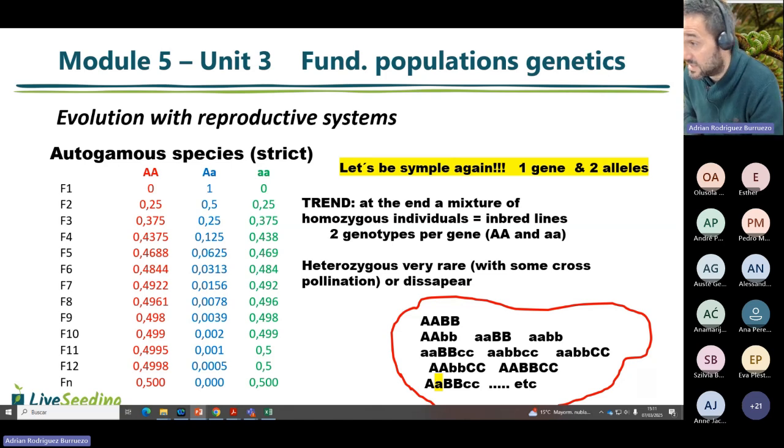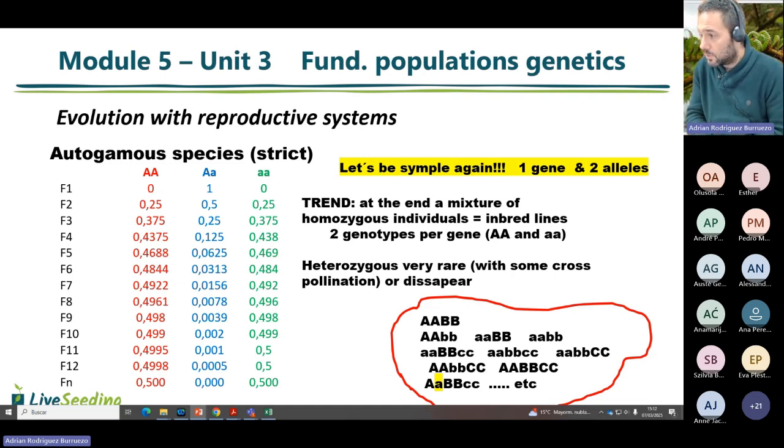In the case of the gene A, we have individuals uppercase A and lowercase a. But the heterozygous almost disappear, or they are very rare, just in case some cross-pollination may happen during the process. Okay, so